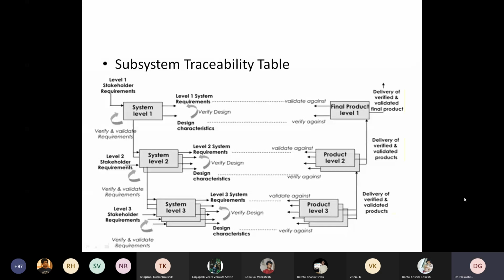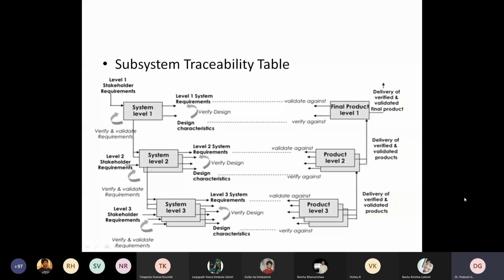If the third system is not completed, the 10th system cannot work. In one way we can say this is the dependency. So we have to finish the third system first, then only can you go for the 10th system. This is also considered.